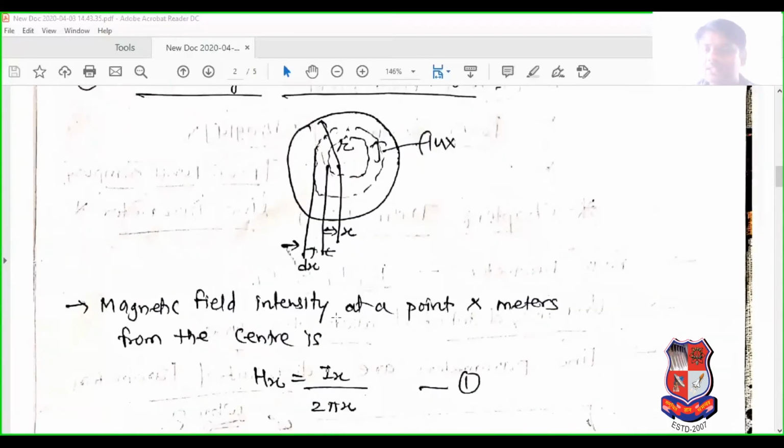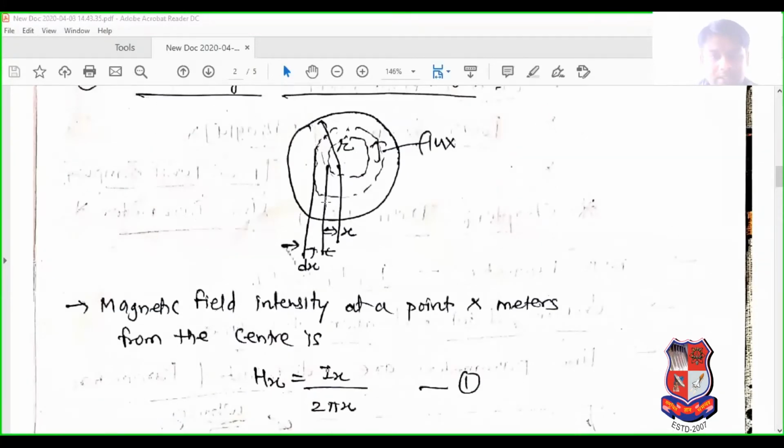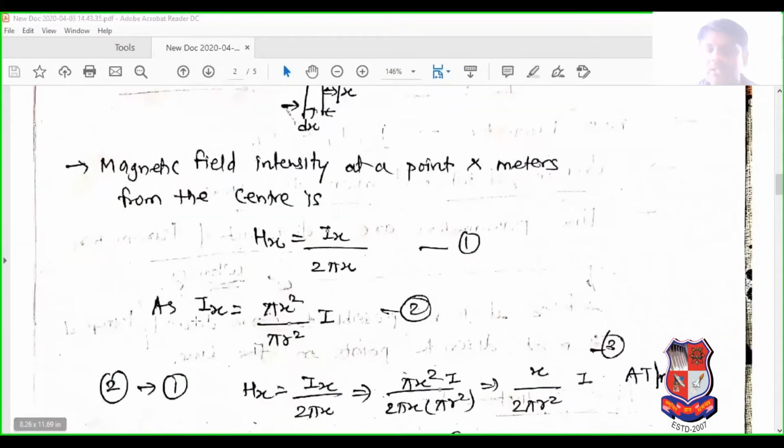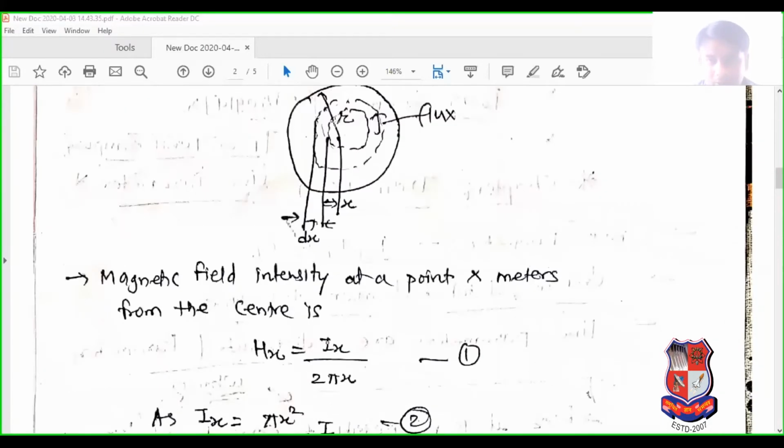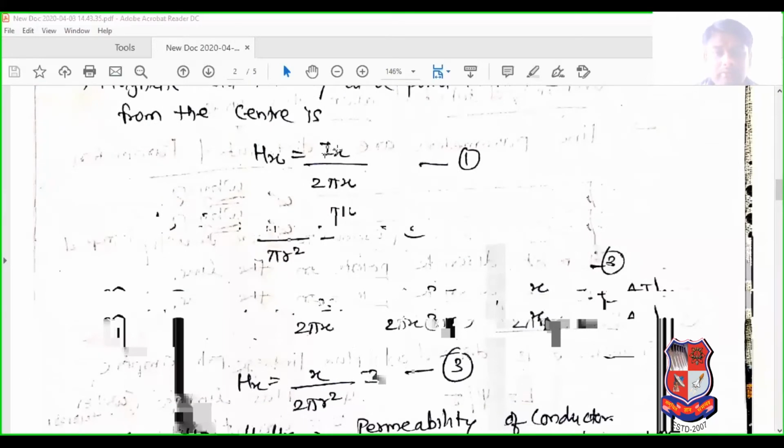H of x is I of x divided by 2 pi x, right? Consider this is equation number 1. Now at distance x we will calculate the current Ix. Ix is basically pi x square divided by pi r square, into the total current I. Yeah. Now if you put the value of Ix from equation 2 into equation 1, then